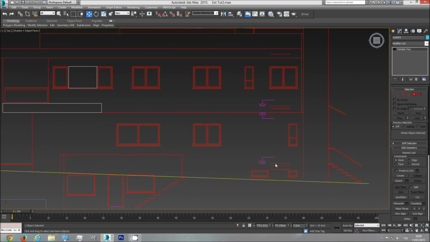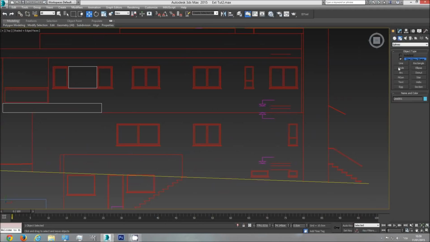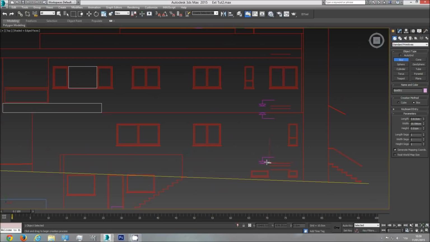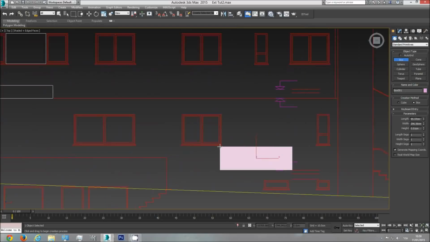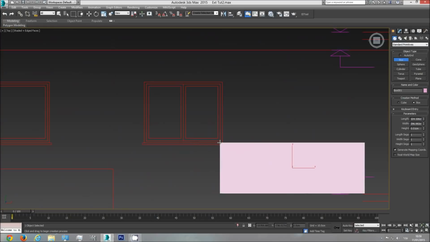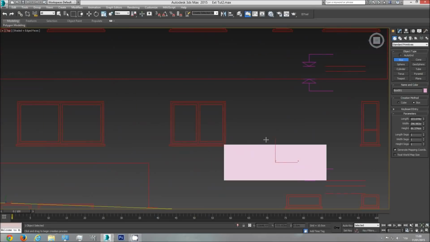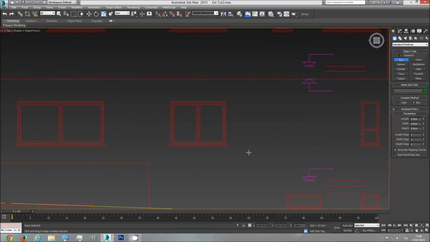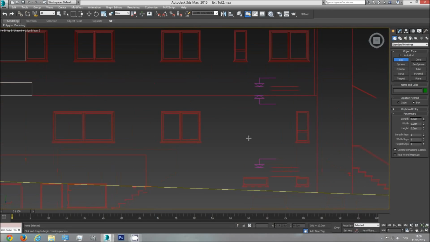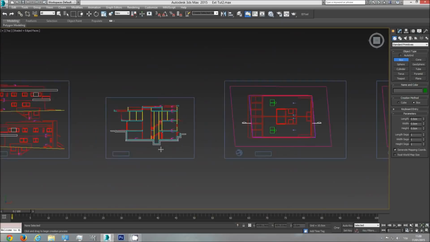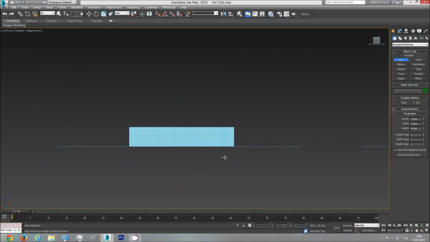So this is our floor here. Now from the floor to the bottom part of our window, which is here, we have 103 centimeters height. From the bottom part of our window to the top part of our window we have 125. So 103 and 125. I'm going to go to the front viewport and create a box